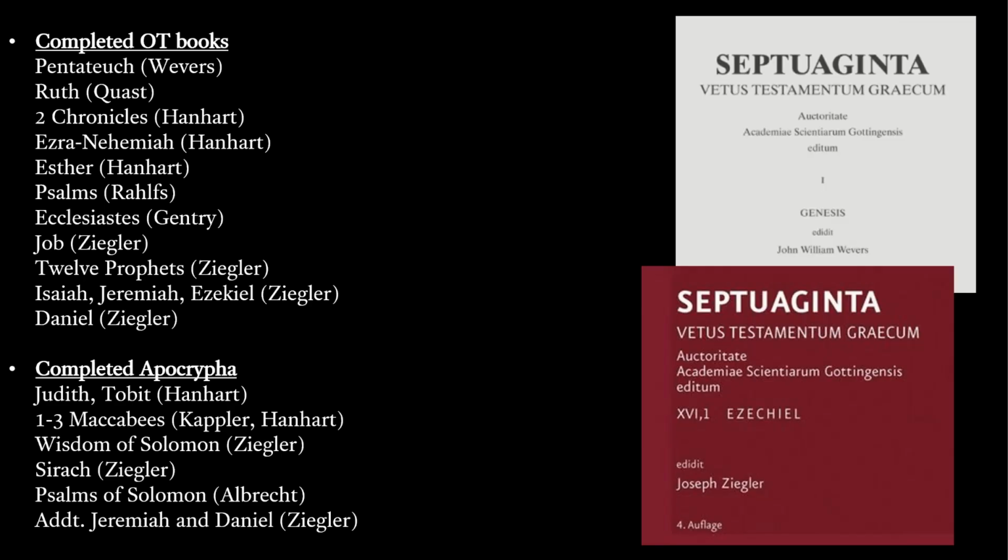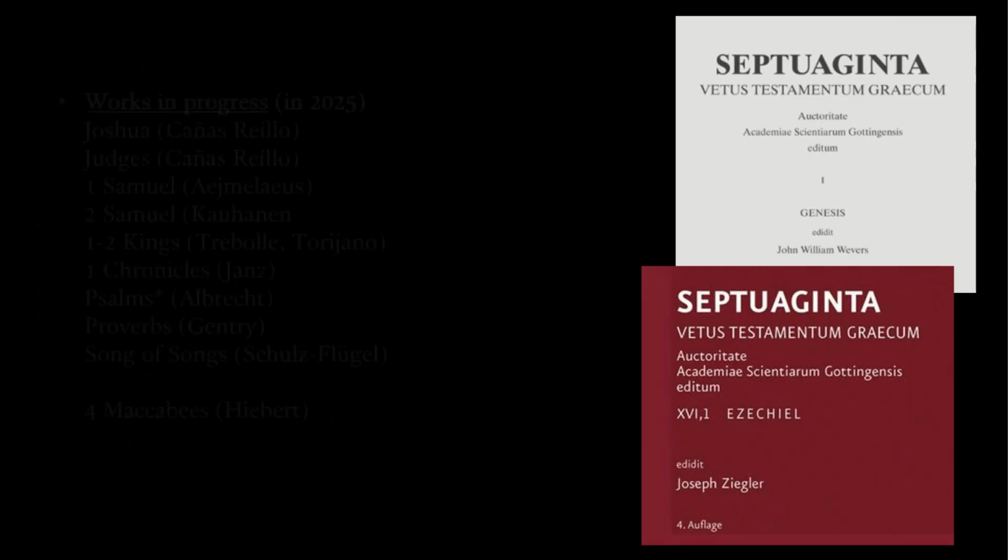The Psalms of Solomon, which is not technically part of the Apocrypha, is included because that particular book is found in some of the manuscripts of the Greek. And then you have the various additions to Jeremiah, namely Baruch, and then you have some of the additions to Daniel, like Susanna, Bel and the Dragon, and so forth. And those are in the Daniel volume, but you can see they're separate works. Now,